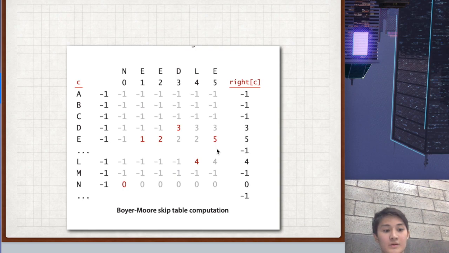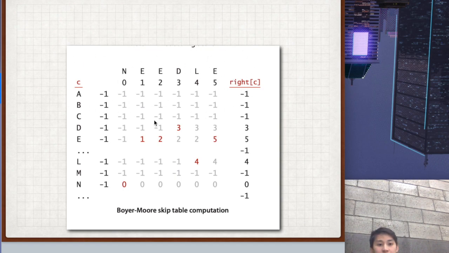So before we implement our algorithm, we need to know about the starting point. To implement the mismatched character heuristic, we use an array right that gives, for each character in the alphabet, the index of its rightmost occurrence in the pattern. This value tells us exactly how far to skip if the character appears in the text and causes a mismatch during the string search. So to initialize the right array, we can